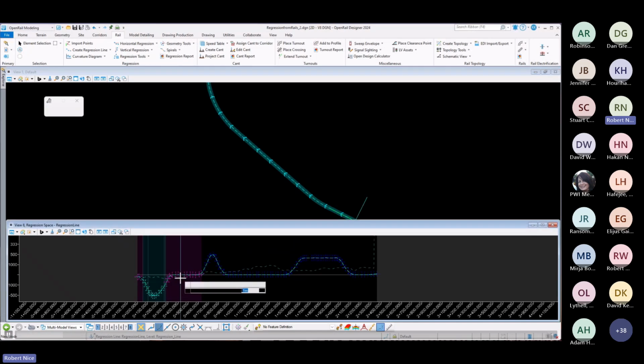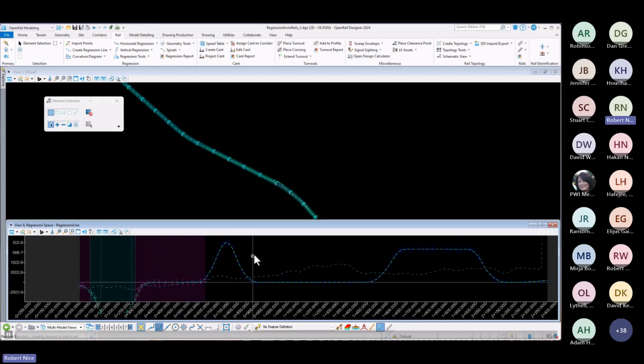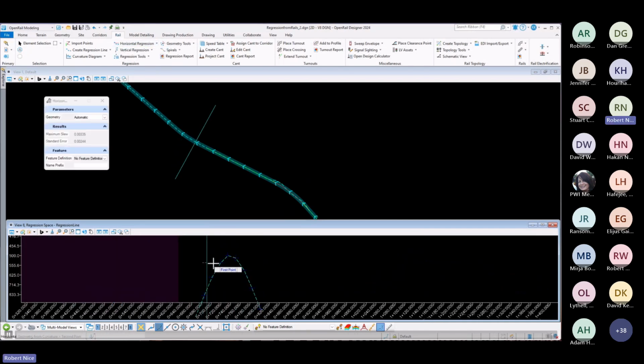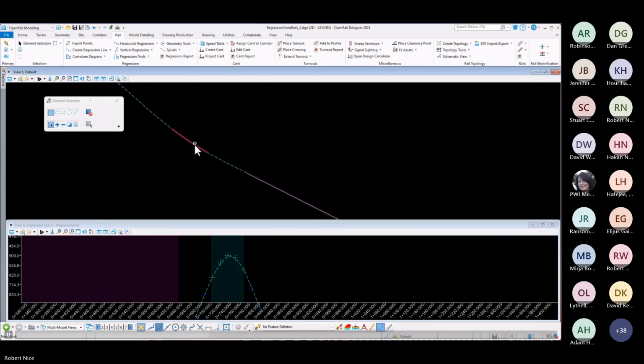So we can come in here, display our curvature diagram. Everything looks pretty similar to what it was before. Again, we can select a set of points. And they'll be there. And of course, this time they're also part of the complex. So they're automatically added to my complex geometry. Again, I can pick it up, move it around just like we did on a normal horizontal element,